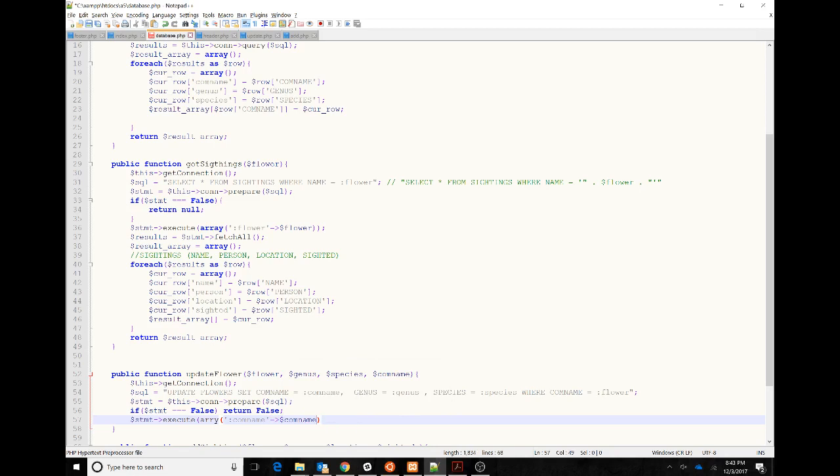Com name, comma, genus equal to genus, species set to species, and then flower set to flower. Okay,